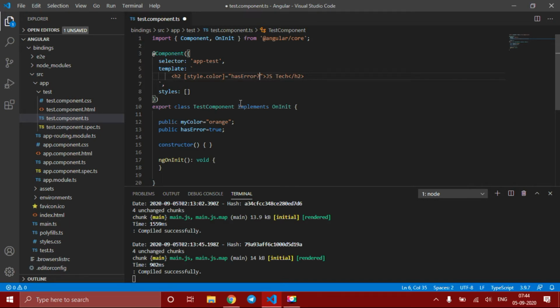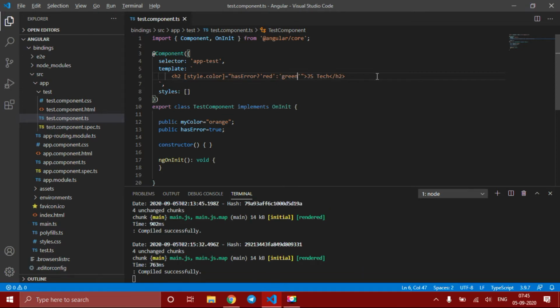You know the conditional operator in C language, I think so. So how the conditional operator works: the expression after the question mark is the true condition, and after the colon is the false condition. So for the true condition, what should I get? The color as red. And for the false condition, the color is green. So if I have error, this text is represented in red color, else it is represented in green color.